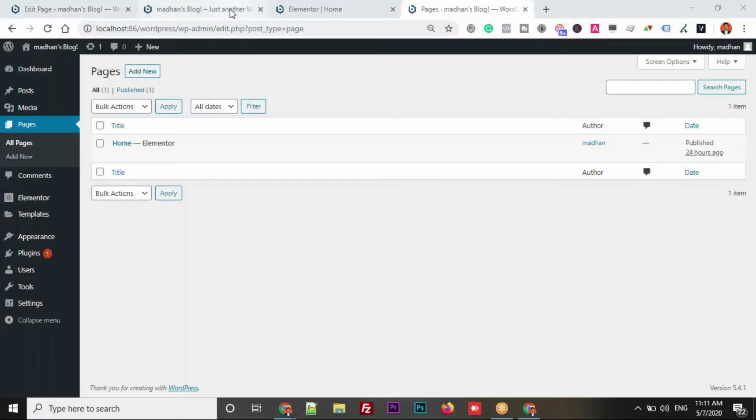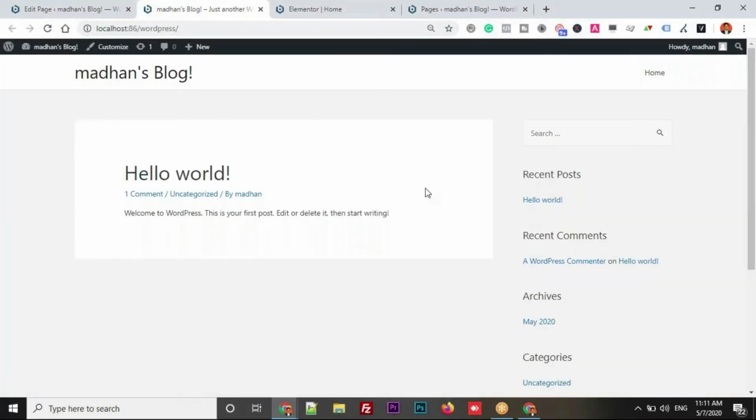Once after creating a page, you cannot expect that the page will directly display here. You need to make sure links are added on the top. Then only the user can understand that this page is available on this website. We call it a menu. Whatever you want to give access to your users has to be added here on the top.